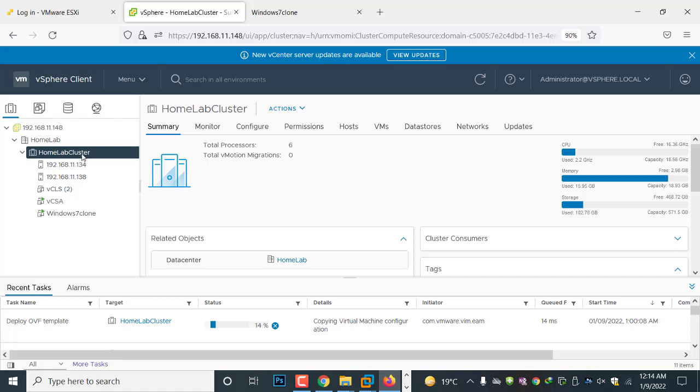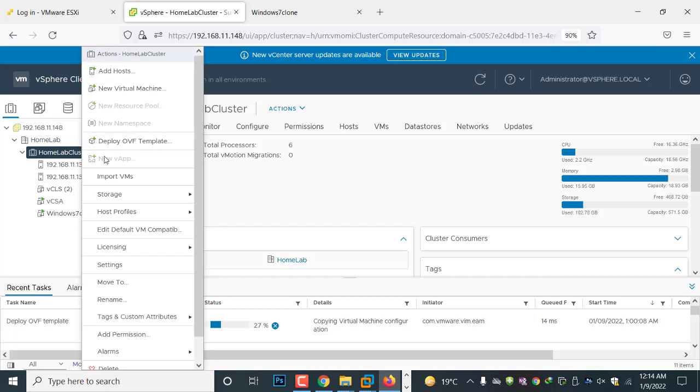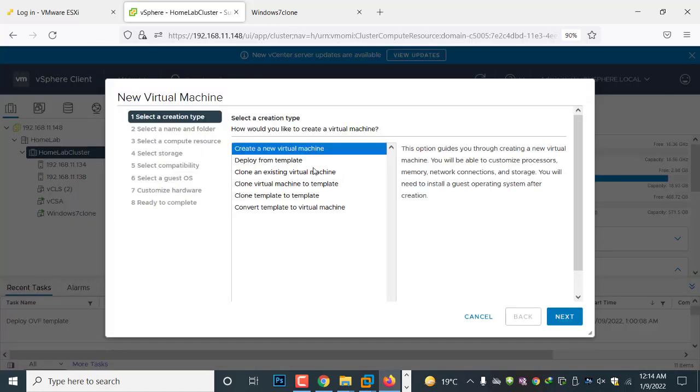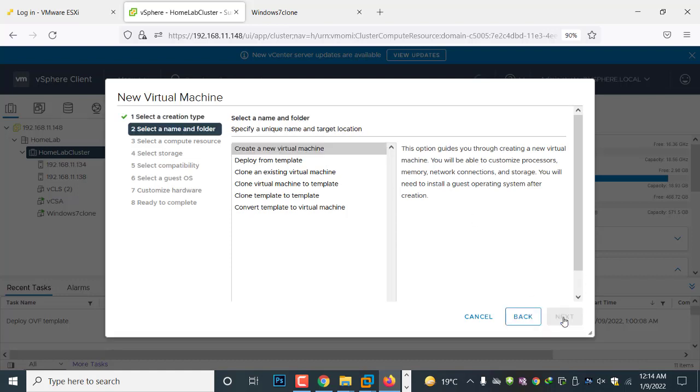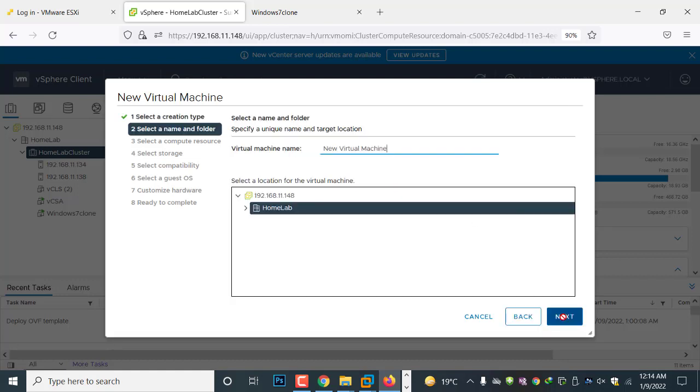Let me show you. I right click and create a new virtual machine, click next, give it a name, test VM, select my home lab and click next.